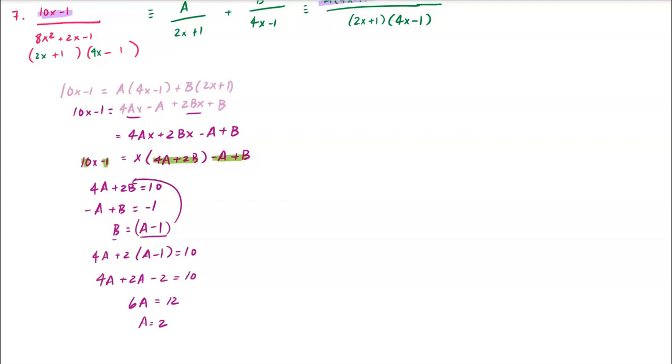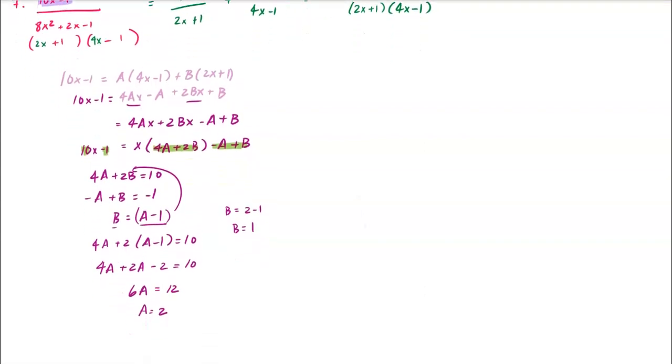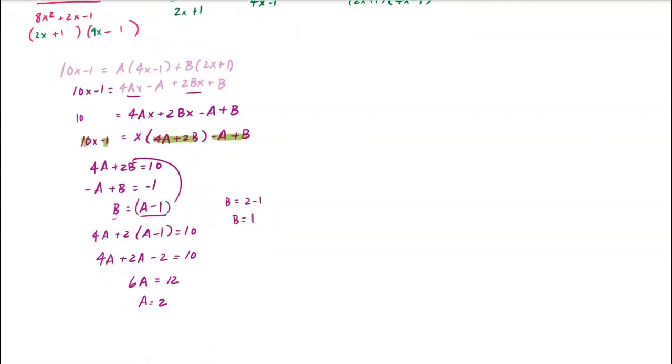And then let's figure out what b equals. b equals 2 minus 1. b equals 1. Ba-bam. 10x minus 1 implies